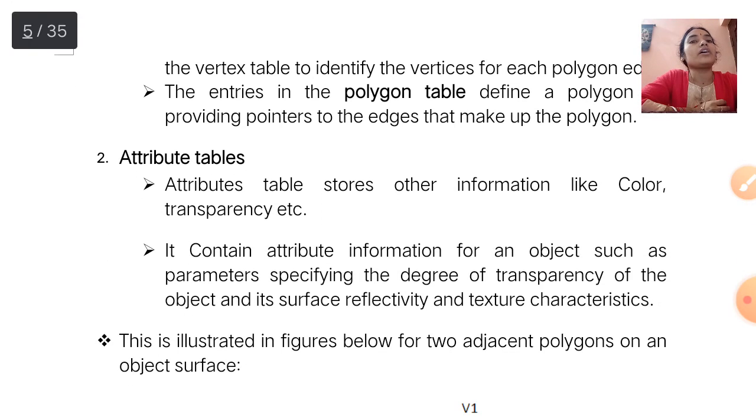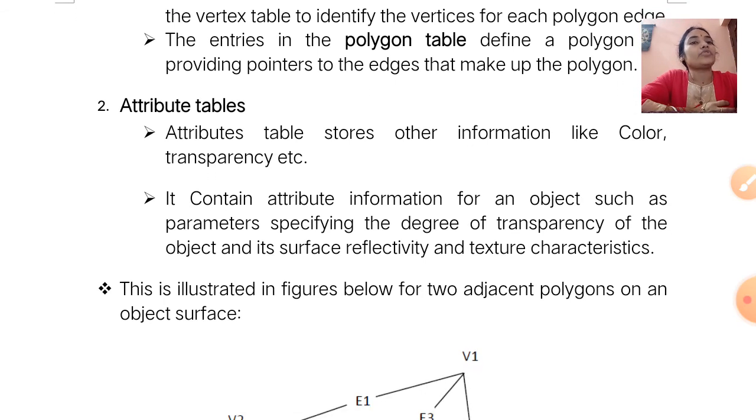Next one is our attribute table. Attribute tables store other information like color, transparency, etc. It contains attribute information for an object, such as parameters specifying the degree of transparency of the object, its surface reflectivity and texture characteristics.